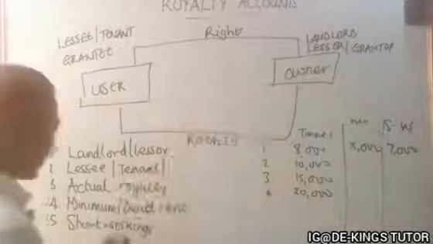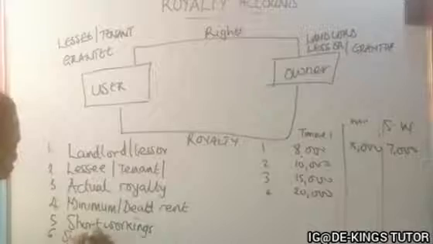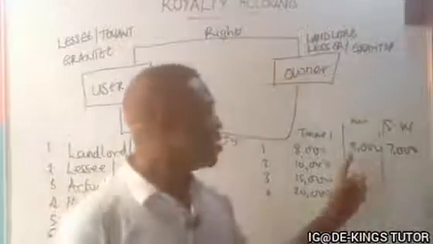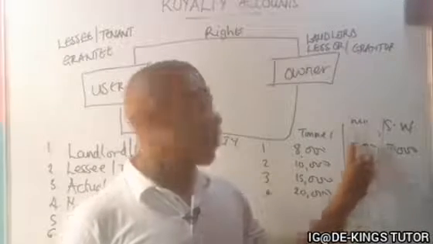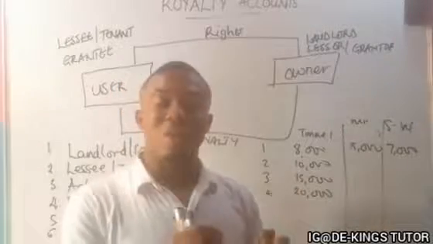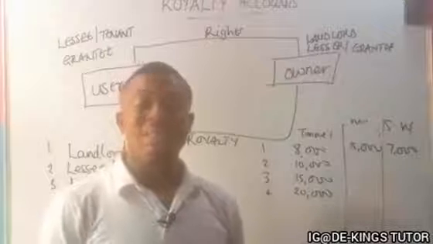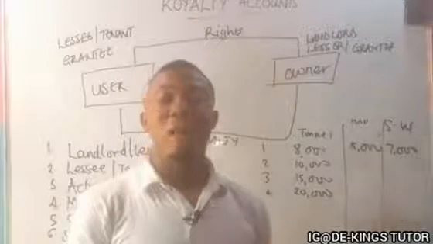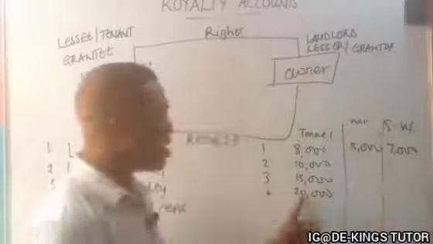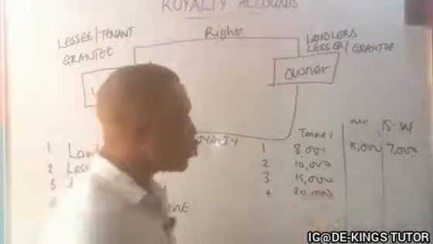Okay, the next one is called surplus. The same way we have the excess of minimum rent over royalty, which is short workings, also the excess of the actual royalty over the minimum rent is called surplus. It means that in that particular year, the user made more than he's supposed to pay. For instance, in this situation now, he made 20,000 and he's supposed to pay, let's say,